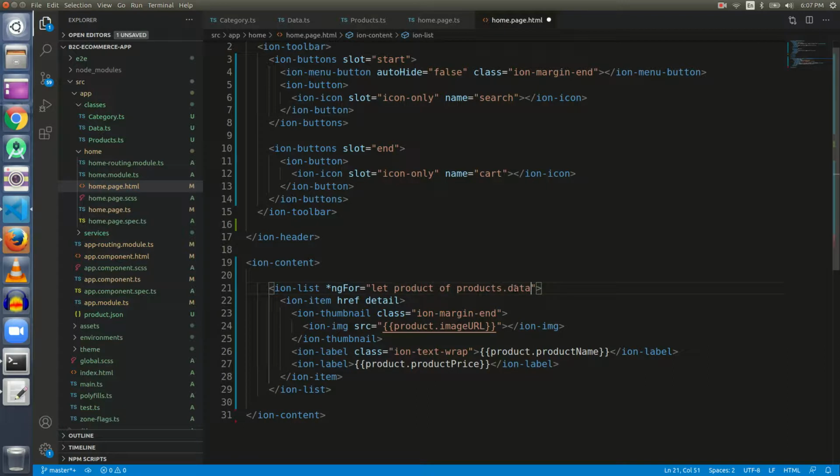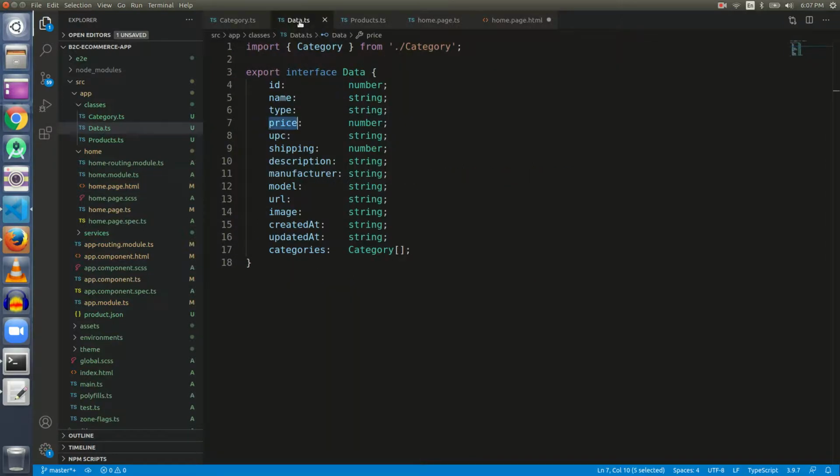And now we have to actually use three fields of this data array, and those are the image, the name of the product, and the price of the product. If we go to our data array, the fields are price, image, and name.